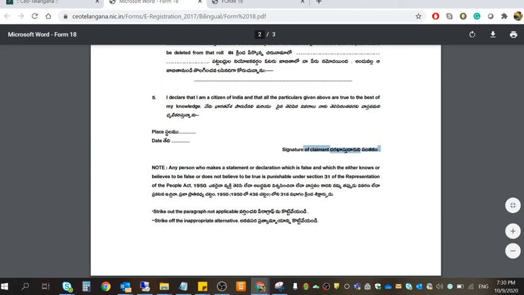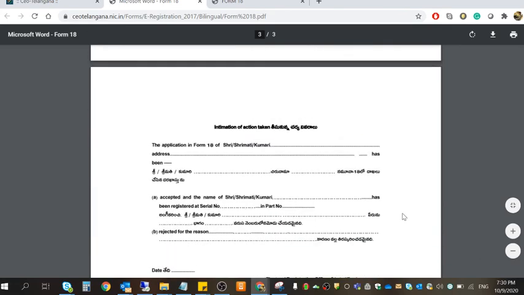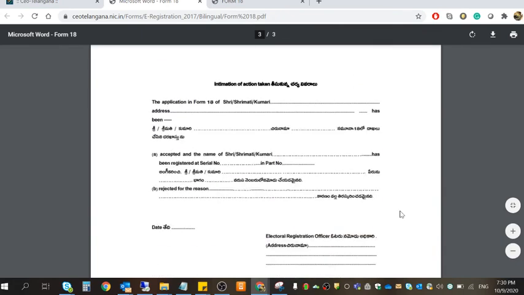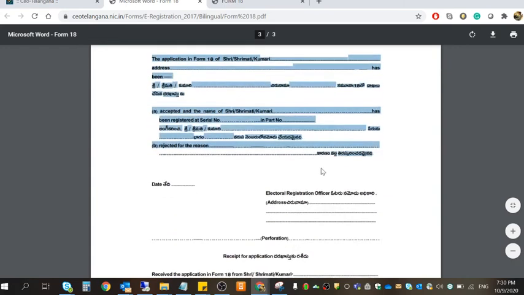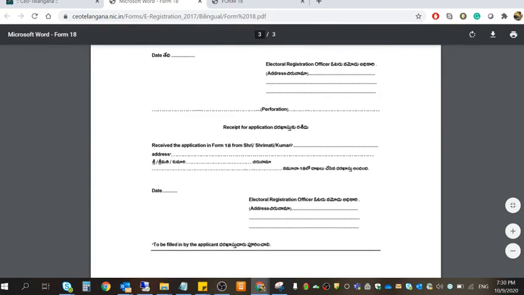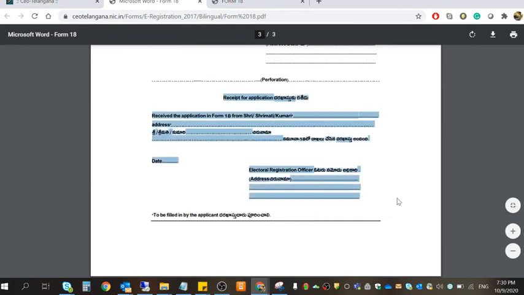You can give it in the MRO office, to whoever is taking care of these applications, a computer operator or somebody else. Gazetted signature is also required for this application. You can go to the ZPHS school, a nearby school, they will do gazettation. After that you can submit the manual form. If they reject, they will mention the rejection reason and other things. After taking the application they will give you a receipt by filling in these details.